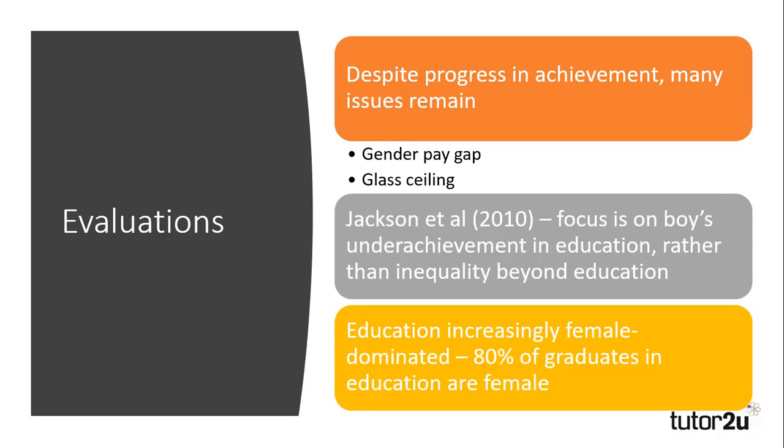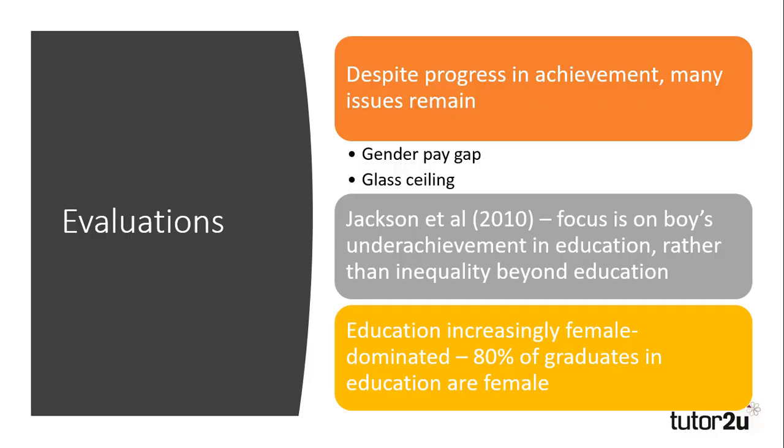Despite the progress that feminists have made in changing aspects of the education system and improving girls' achievement, gender inequality remains in wider society. The glass ceiling is still evident, and with the gender pay gap only narrowing slightly, there is still much progress to be made. Of course, liberal feminists would suggest that progress has been made, and they would be correct, but not perhaps at the desired pace. Despite underachieving in comparison to their female counterparts, males still hold the majority of top positions in society, earn more money, and have greater access to power in society.